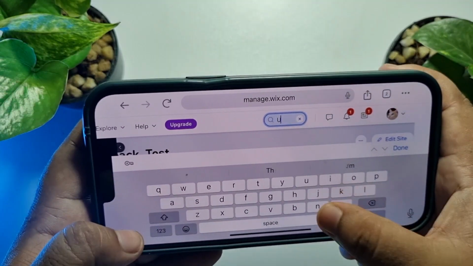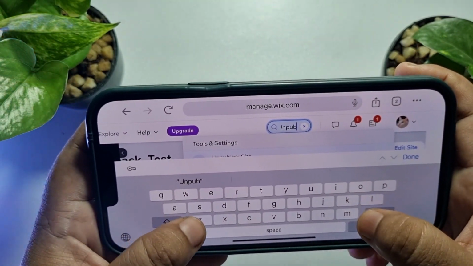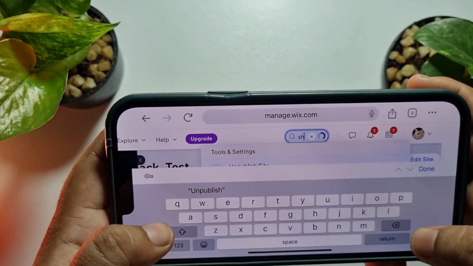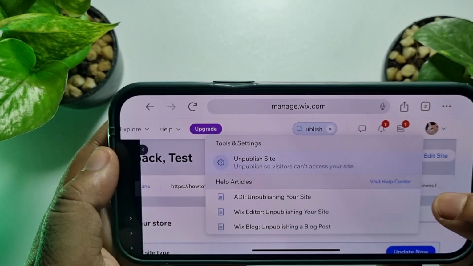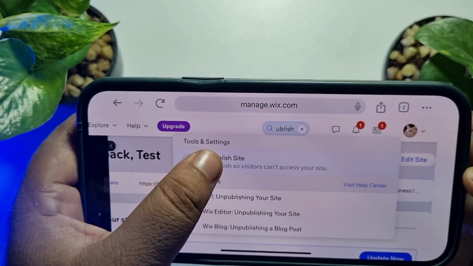unpublish. Search for unpublish, and here you will get this setting, Unpublish Site. Just tap on that